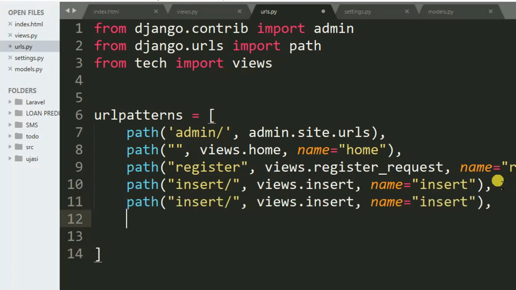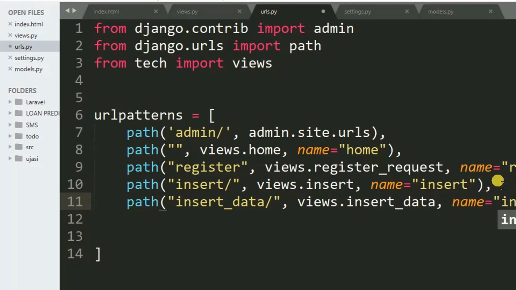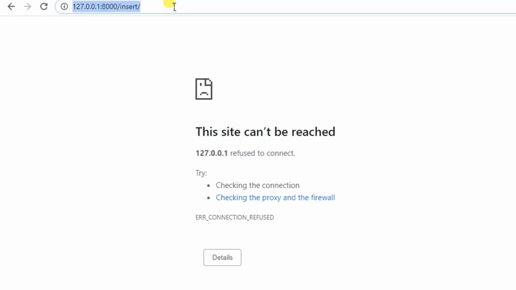So I paste this, then insert data underscore insert data, then the name of view is insert data, the name also is insert data, right? Then I save it. After that, let's refresh a page